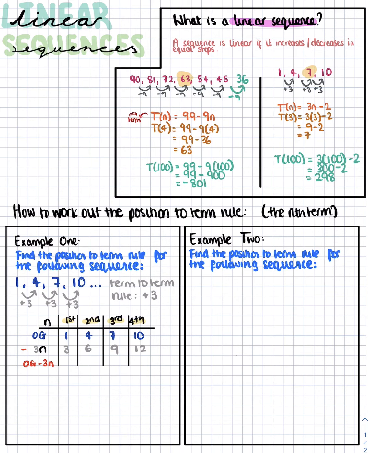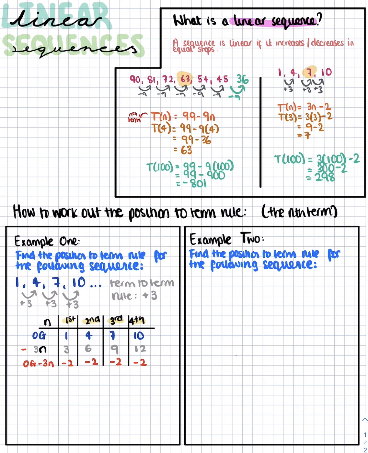1 minus 3 is minus 2. 4 minus 6 is minus 2 as well. 7 minus 9 is minus 2, and so is 10 minus 12. For a linear sequence, this last row should always have the same value. If it doesn't have the same value, we know we've done something wrong. Or maybe our sequence isn't actually linear, so we need to double check our first step, where we're working out